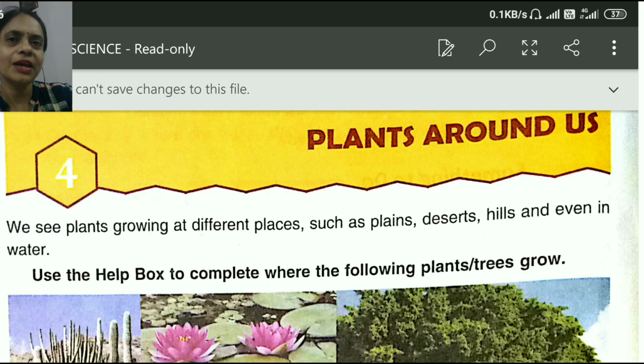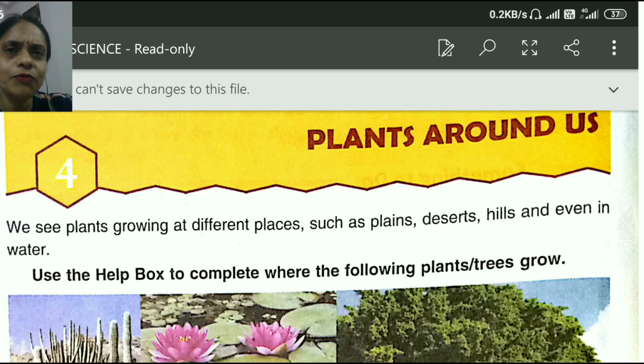So if you watch our surroundings, you will get different shaped plants and trees. Have you ever visited any hilly area, children? There you found conical shaped trees, and in plain areas we see very big trees having many branches with many leaves also.